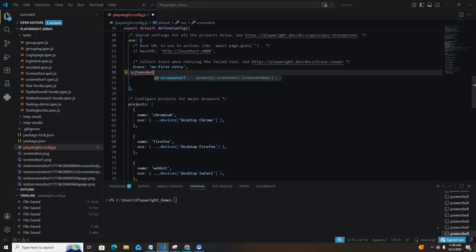and I have to write a colon. So you will get more options here. You can see off. If you want your screenshot off, you can select off. If you don't want to take any screenshot and only want video, like recording all the test steps or failed test steps, you can turn on only the video. At that time you can turn off the screenshot, or you can turn on the screenshot